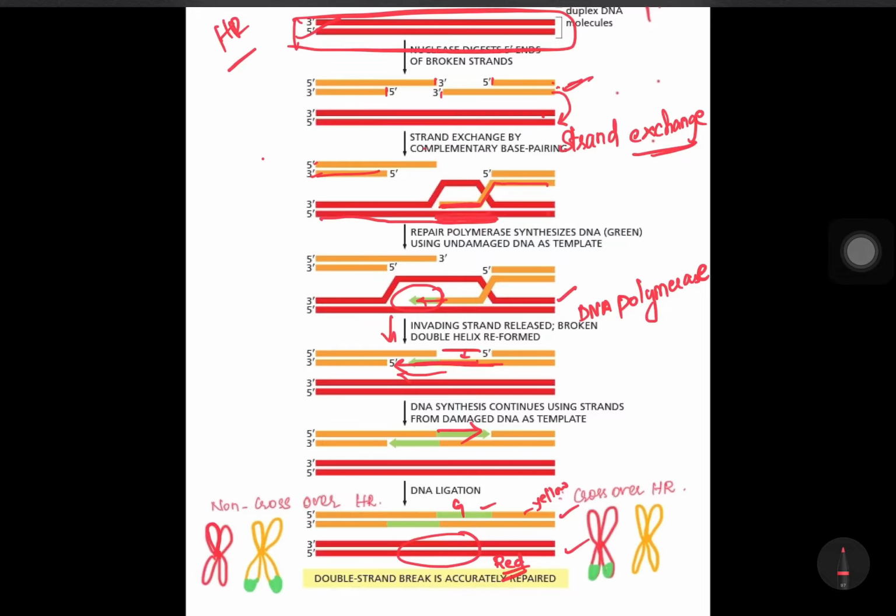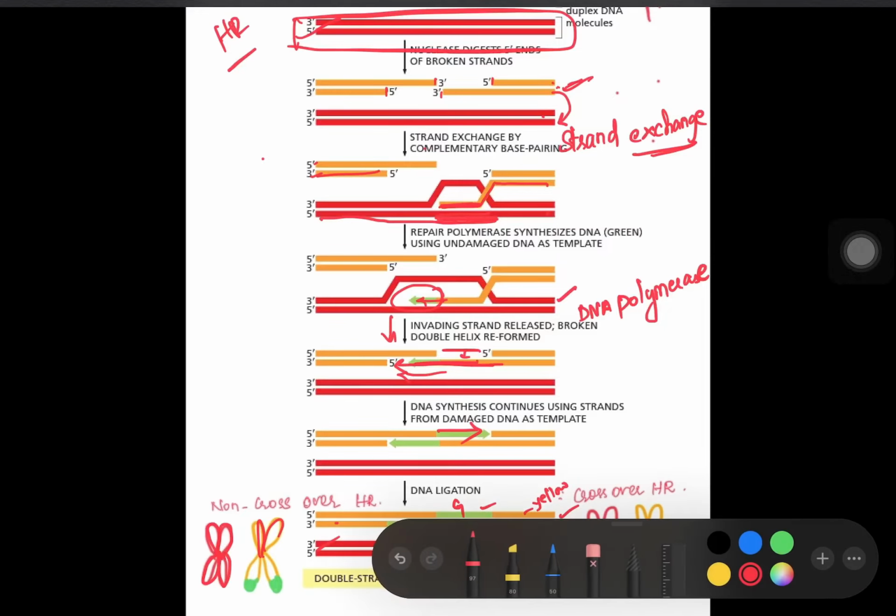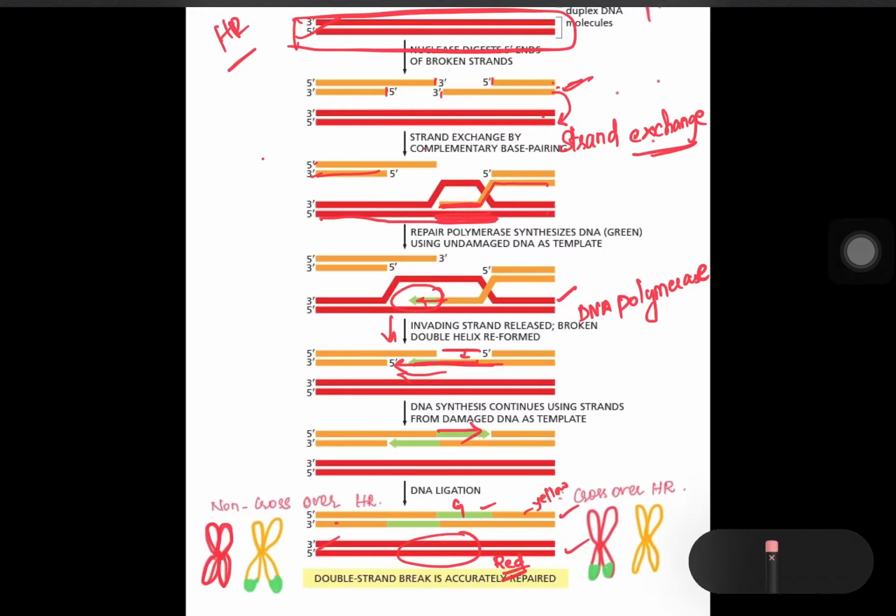So here I have drawn the chromosome structure. This red is this one, this is this one, sorry. Okay, so there was some damage which was corrected with green color and which is present here. So it means this damaged strand has corrected the damages and it is present in the same chromosome. So it is called non-crossover. There won't be any crossover occurred.